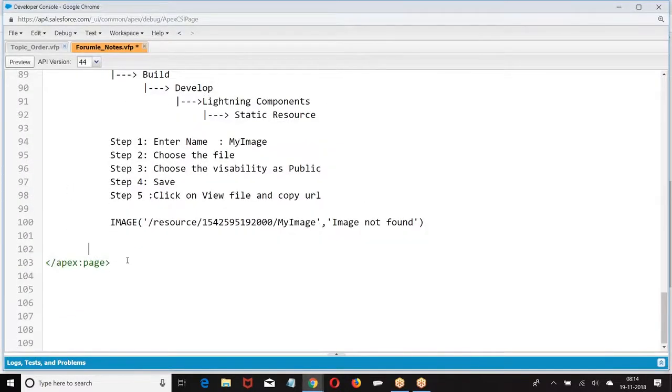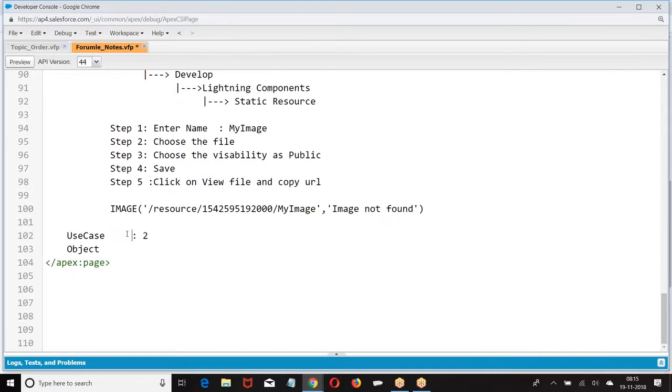Now, I'll create one more use case. Use case 2. Object. Field. Format field. Field name. Read it. Then return type.